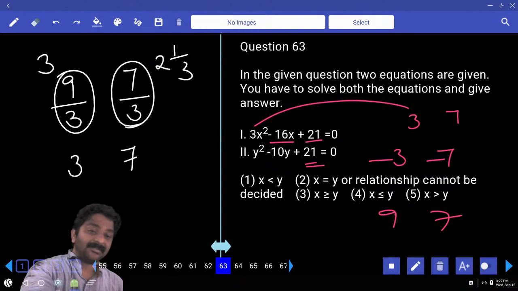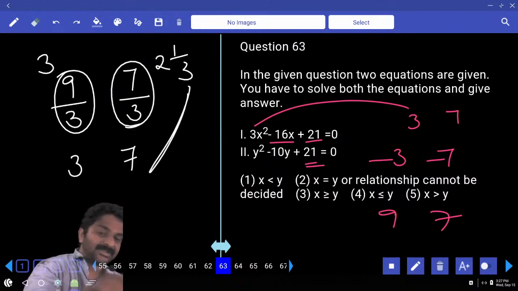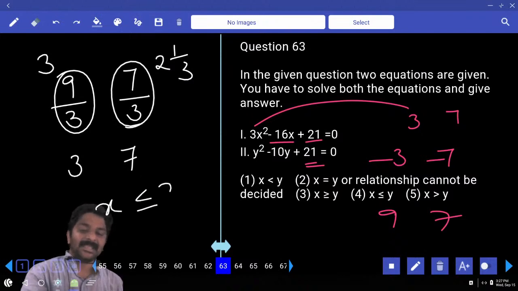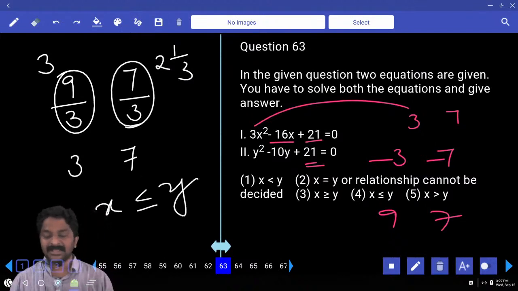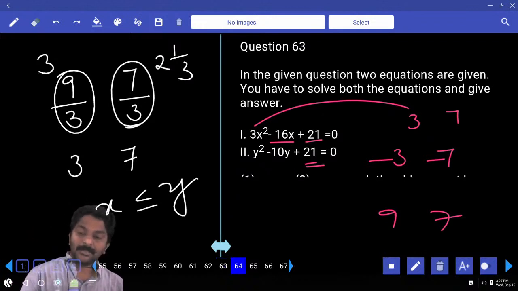x less than condition. So we are getting x is less than or equal condition, the fourth option. Next,